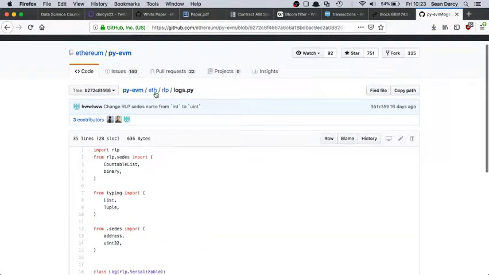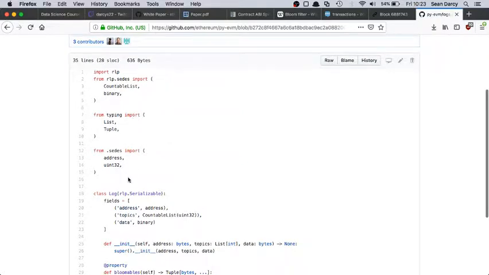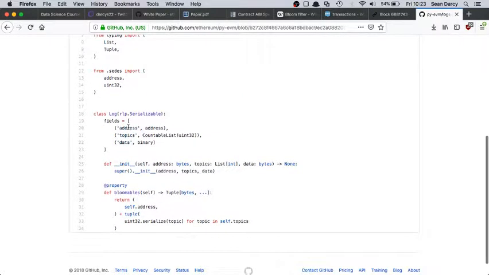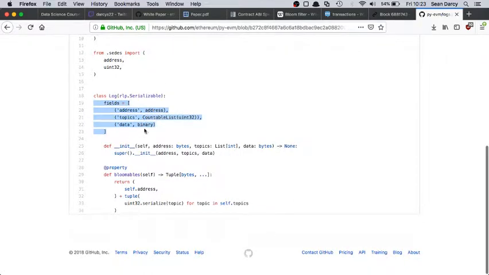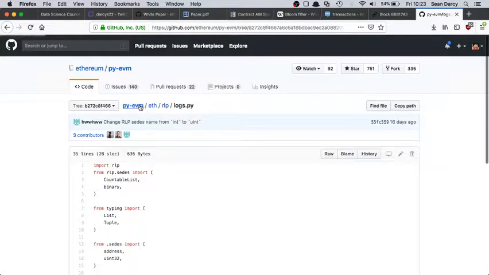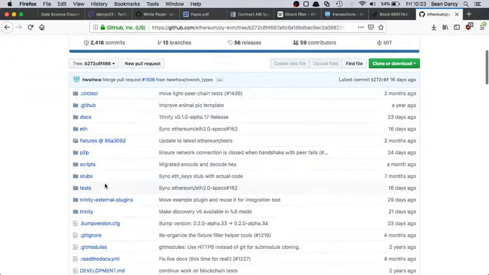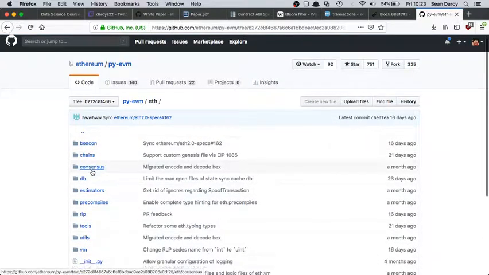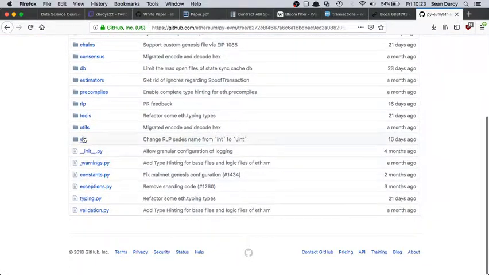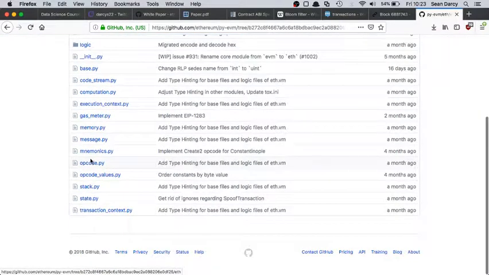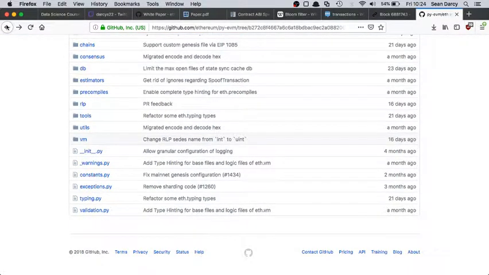So in the Python client, they have the log class. It's got the address, the topics, and the data. They are the consensus fields. That's what gets saved in RLP. So they're identical. And if they were different, what would happen is, in ETH core, ETH chains VM, if they were different, it means that Ethereum would fork, because these different clients would be trying to do different